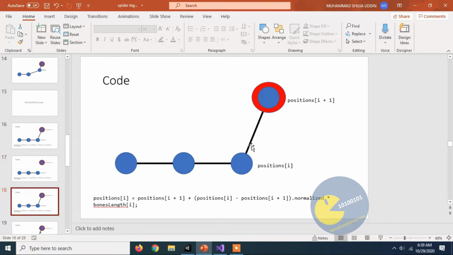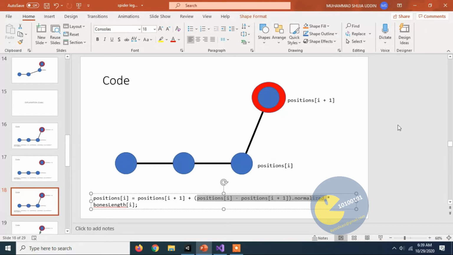This is a vector which is created between this point according to this part of the code, and we told it to normalize it. So normalize means the value would not be greater than 1, so the distance would be equal to 1.